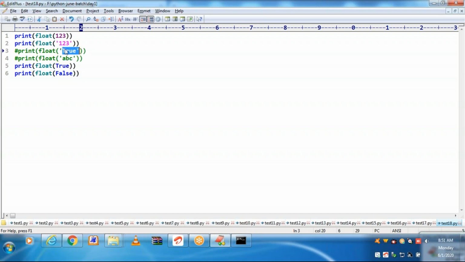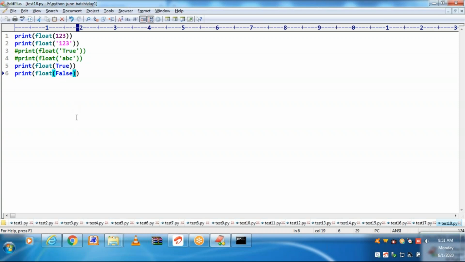It should have numeric content like 1, 2, 3. But here, it is not numeric content. It is a true. It's a boolean true. It is internally representing numeric content 1.0. It is a false, boolean false.